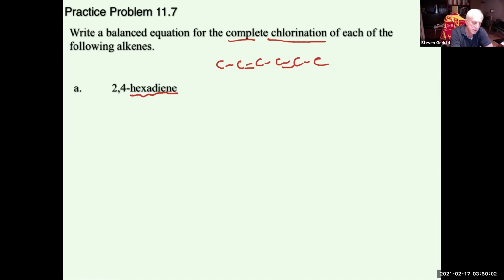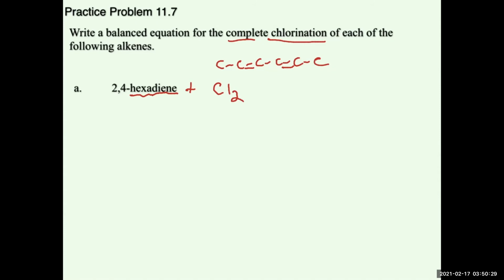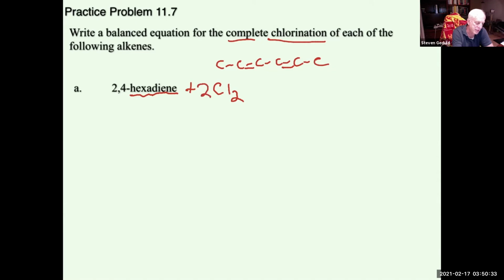Okay. So this is going to be plus how many hydrogens? How many hydrogen molecules do we need for complete, no need hydrogen, no need any. Answer should have been 0. It's a trick question. Complete chlorination. So how many chlorine molecules do we need to completely add enough chlorine to get rid of all the double bonds in that compound? 2. Perfect, 2. Plus 2 Cl2s, and it's going to go to,